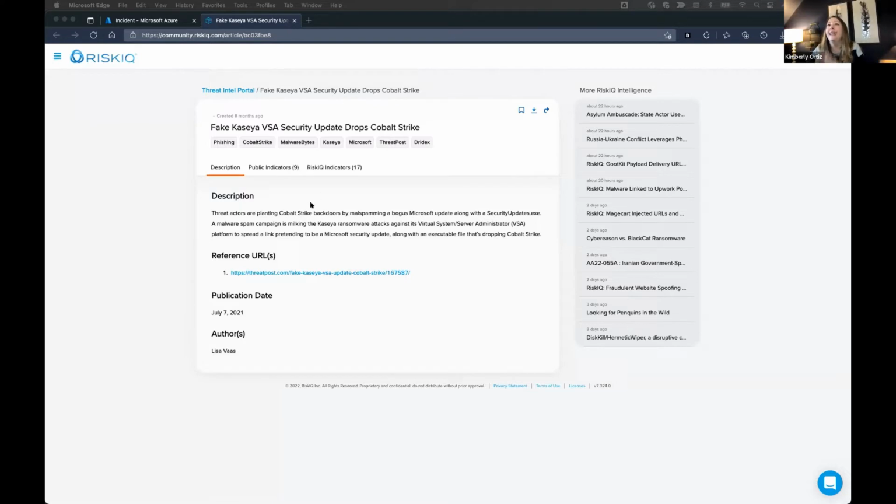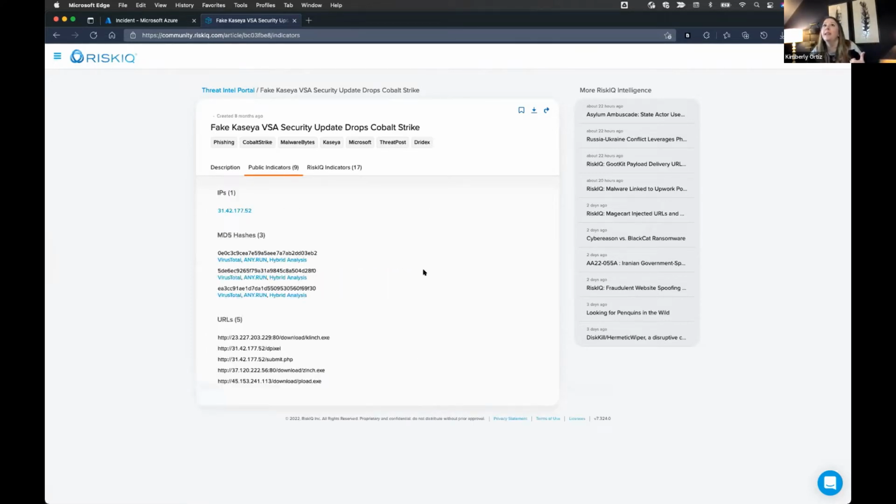We go ahead and in advance, extract any indicators that were identified within this article. So we'll grab them out of the text. We'll take a look at the images. We'll do some OCR. We'll verify that the correct indicators were extracted, and we'll list those out as public indicators for you.